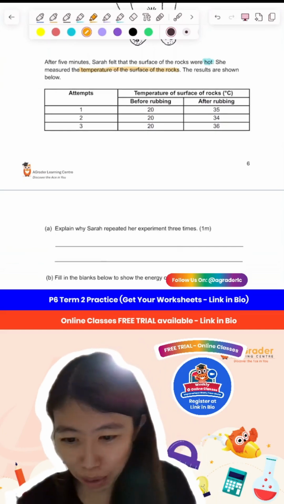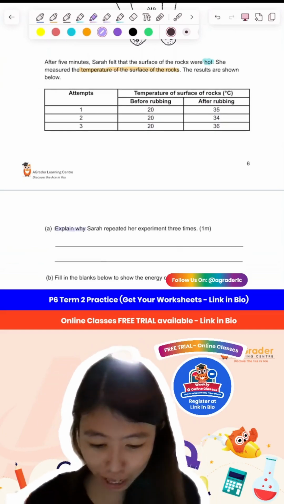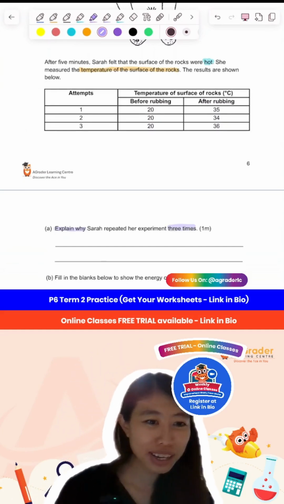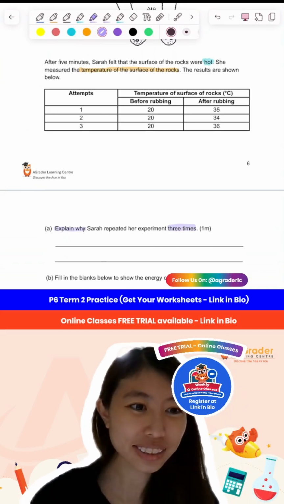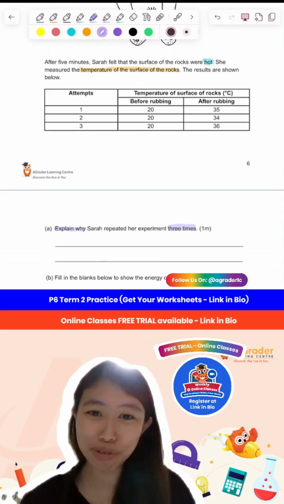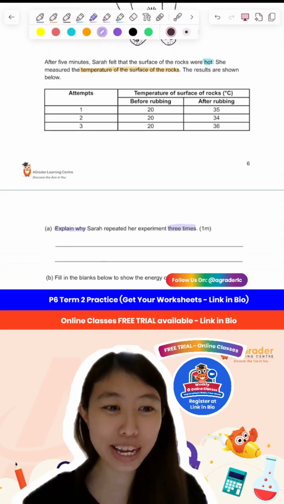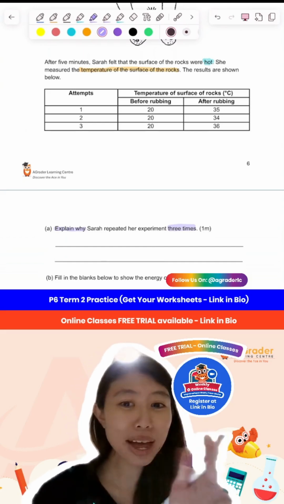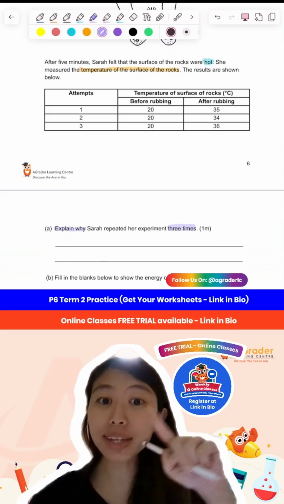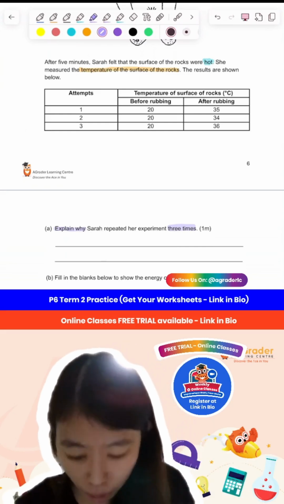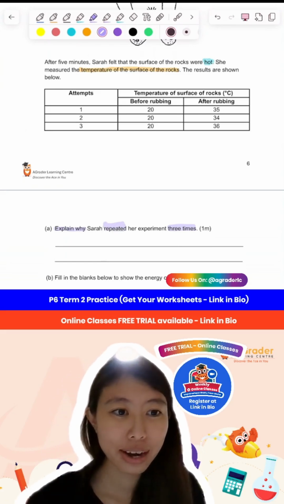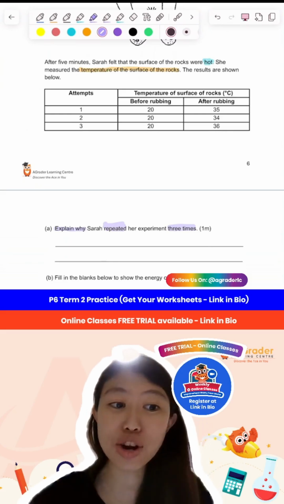Okay, let's look at A. Explain why Sarah repeated her experiment 3 times. This is a standard answer, everybody. Can you all tell me the standard answer for an experimental question? Why must you repeat the experiment 3 times? No. A fair test is to make sure that there's only one changed variable. Repeating the experiment 3 times, I highlight another word, repeat. Repeating is not to ensure a fair test. Repeating is to ensure that my